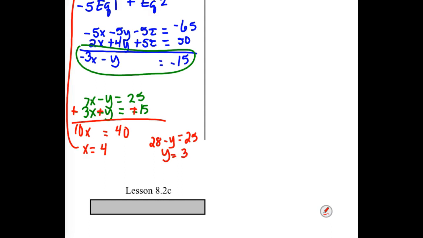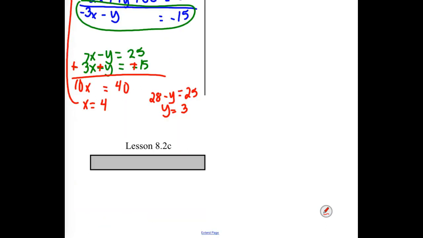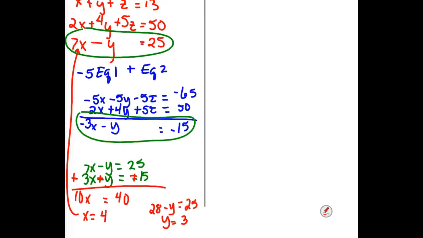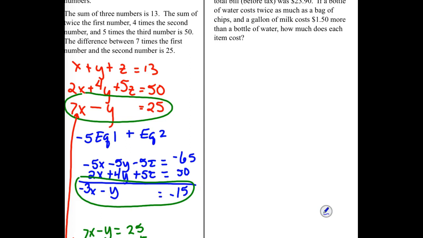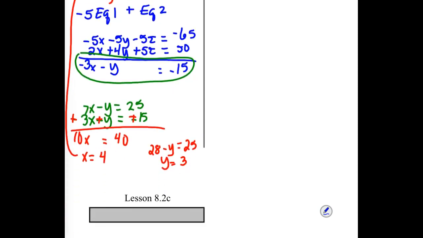And now that we know that x is 4 and y is 3, can we dump those back in and find z? Which equation do you want to use? We have to go back to our original ones, right? First one, and we said x was 4, y was 3. So 4 plus 3 is 7. 7 plus what would get us 13? All right, so we know that z has to be 6. So we can put that as an ordered triple. We'd have 4, 3, and 6 for a final answer. Okay? All right, our second one